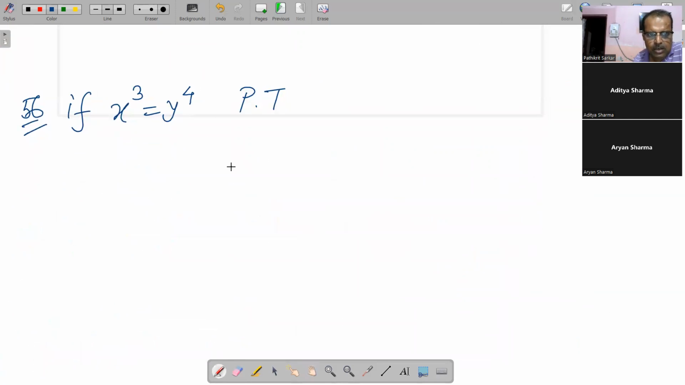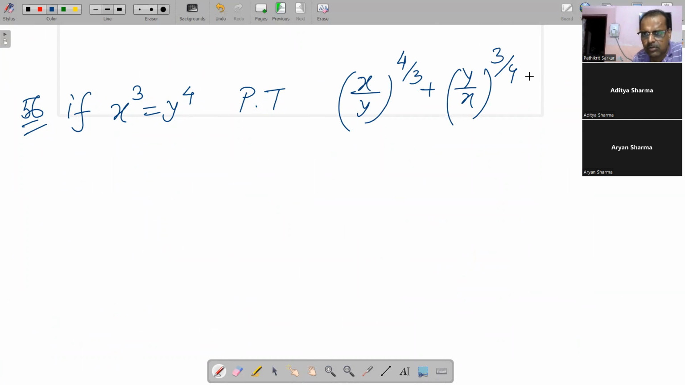x cube is equal to y to the power 4. Now they have mentioned prove that (x by y) whole to the power 4 by 3 plus (y by x) whole to the power 3 by 4 is equal to x to the power 1/3 plus y to the power minus 1 by 4, ये प्रूफ करना है। So what we can do over here, इसमें से हम ये कर सकते हैं जो x by y का जो वैल्यू है उसको अलग करके देख लेते हैं कितने आता है।